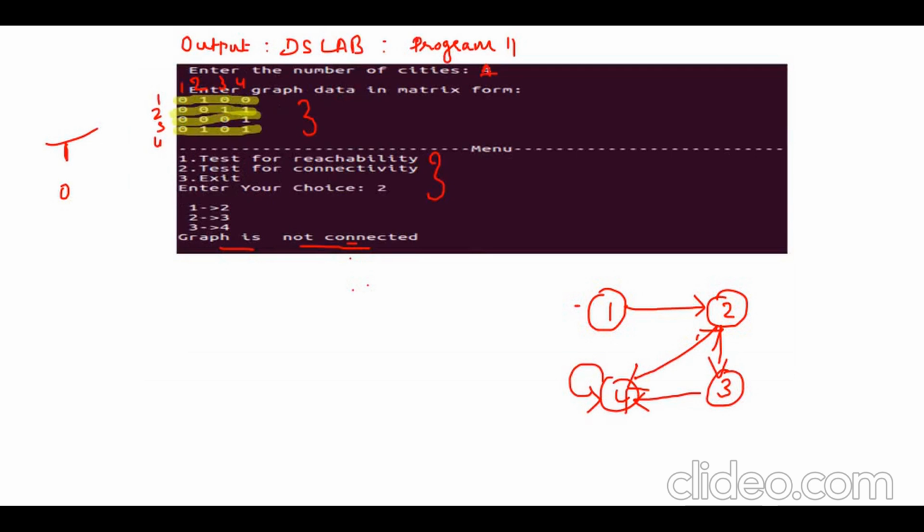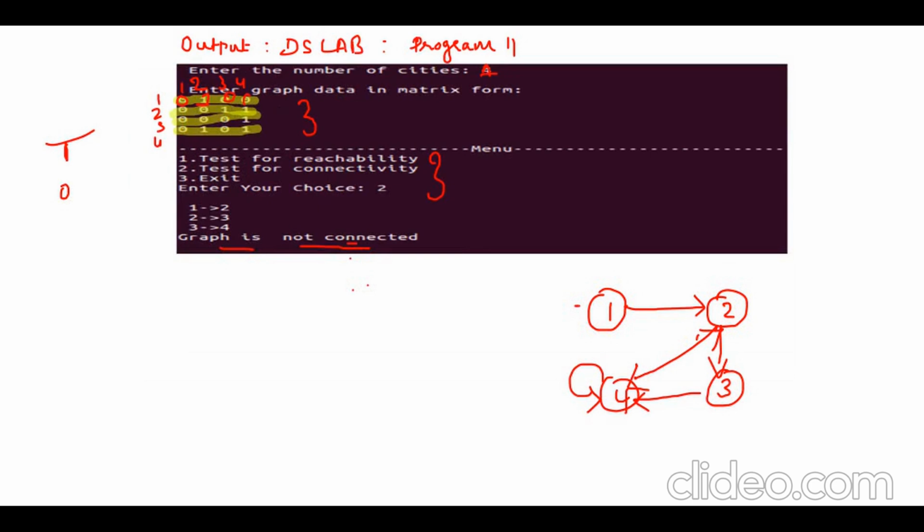Since between 1 and 1 there is no edge, we have written 0 here. Between 1 and 2 there is an edge, directed from 1 to 2, so 1. Whereas from 2 to 1 there is no edge. Then 1 to 3 there is no edge, so 0, and 1 to 4 there is no edge, so 0. Similarly, we have to fill the other rows.